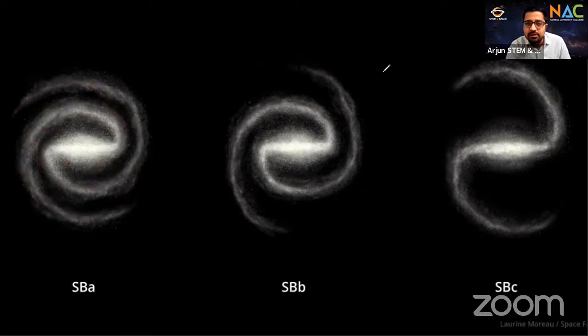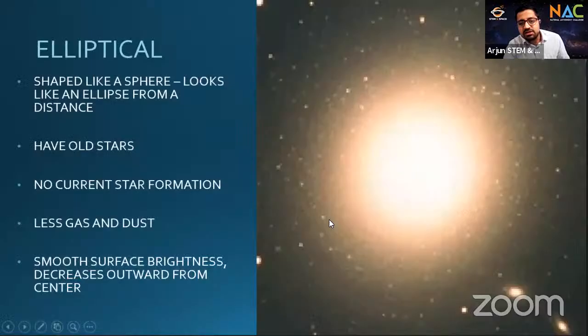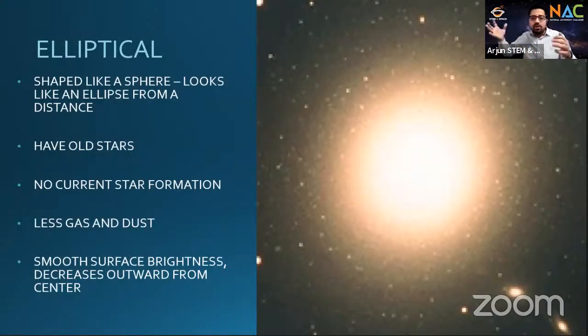And as they keep on getting closer and closer, by the time they reach the later stages of their life, they're very close to what we call the central bulge, right? And most of them are eaten into that supermassive black hole. So in the older galaxies, new stars keep on forming, and old stars either keep on dying or keep on getting very close to the center, to the supermassive black hole of that galaxy. So you would see that slowly the spiral arms start disappearing, and all the stars start getting crowded towards